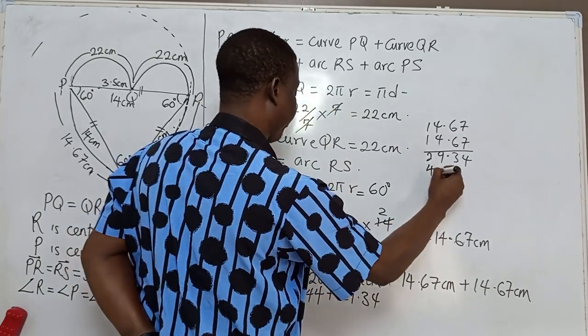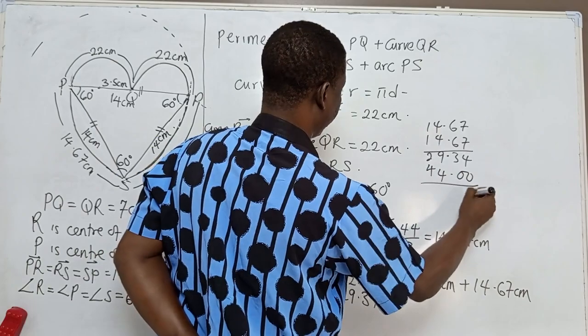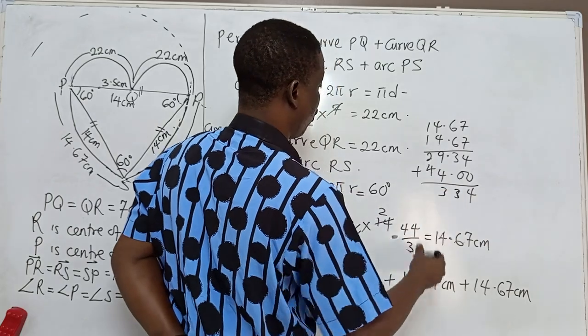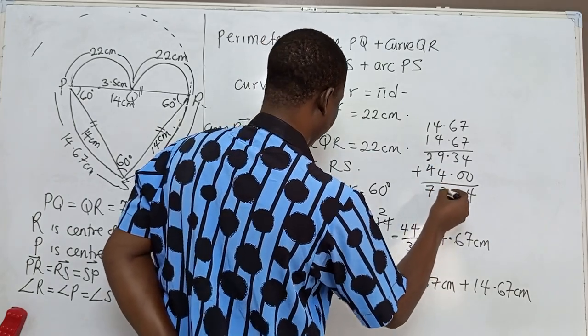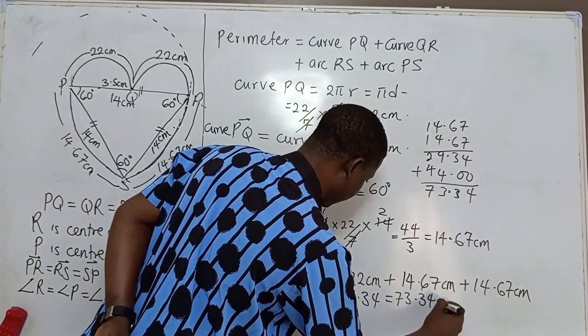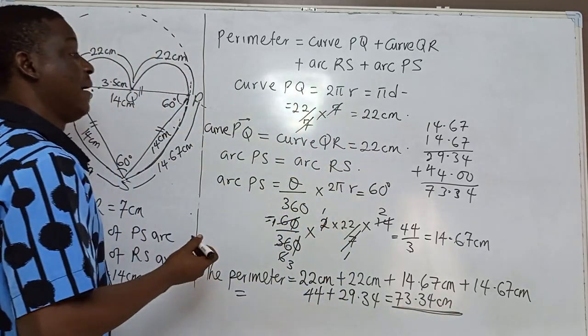And that will give us 44.00. Add it together again: 4, 3, 3 carry 1, 6 plus 1, 7. That means 73.34 centimeters